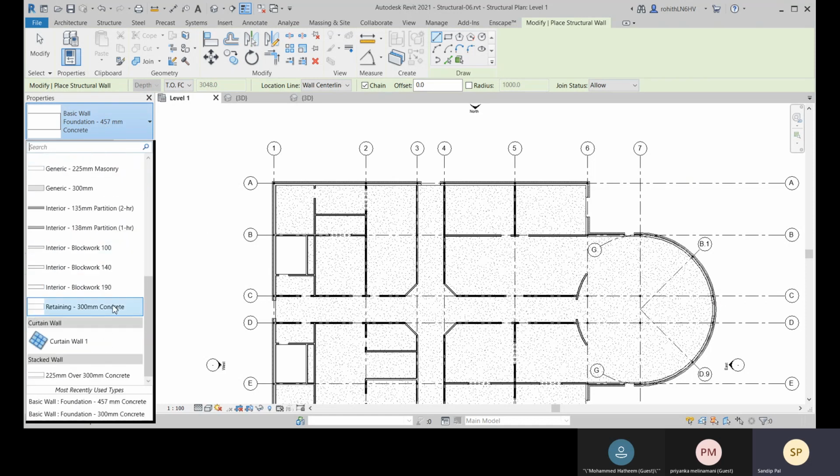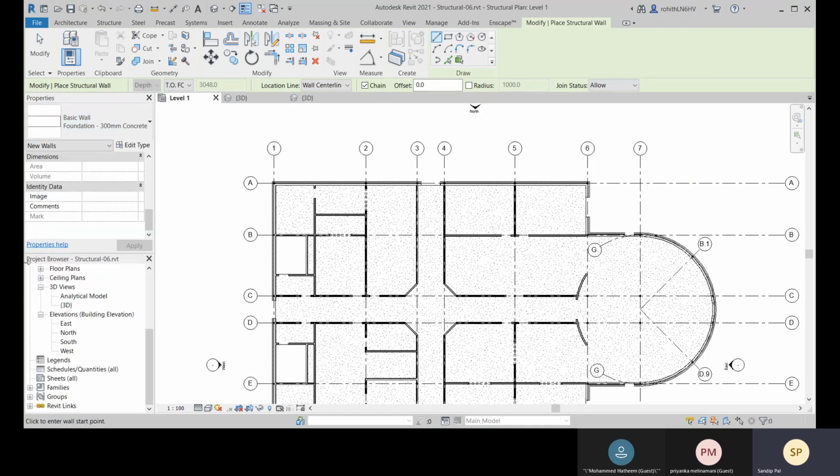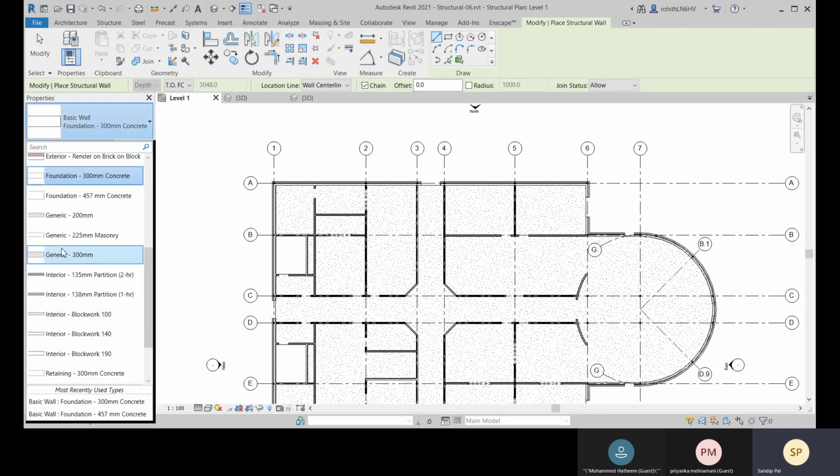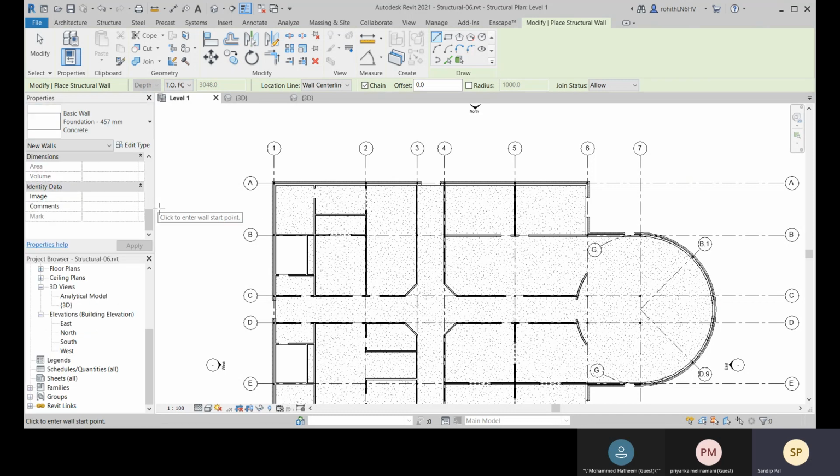You can see we have two foundation walls, Foundation 300 Concrete and Foundation 457 Concrete. You can choose either of them as per the requirement.